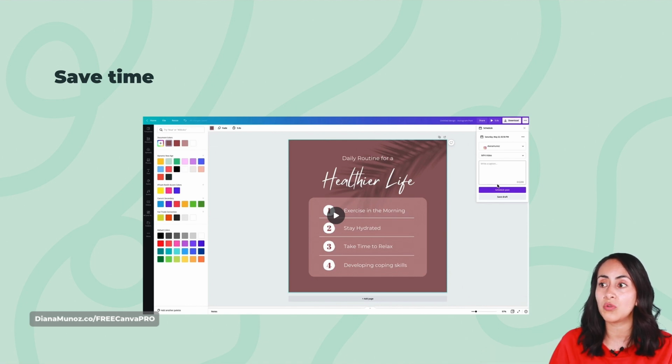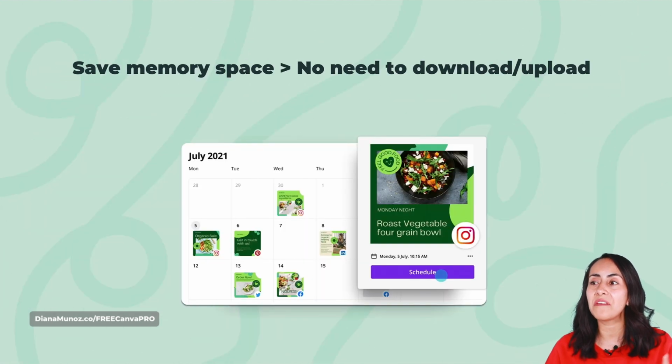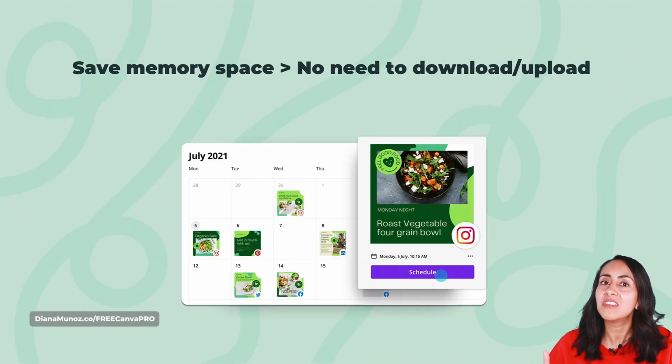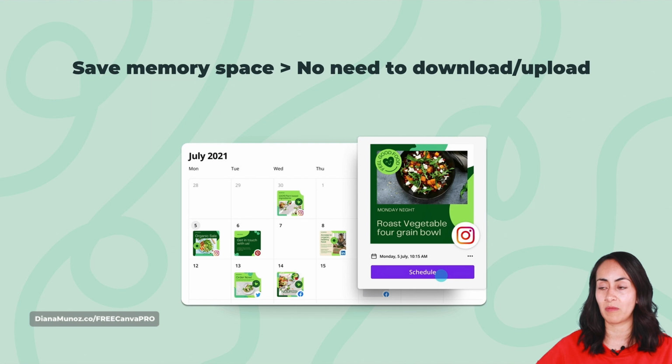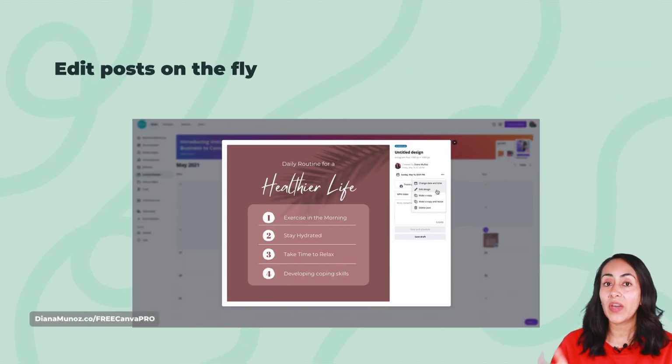You're going to be able to do everything inside Canva, and you will also save some memory space because you don't need to download and upload your graphics again to your computer and then to these other social media platforms. Lastly, you will be able to edit your post directly from Canva. Even if you had already scheduled them, you can go and edit your designs and then reschedule them again, and everything will be synced. So I find this very amazing. I will show you everything in a second.